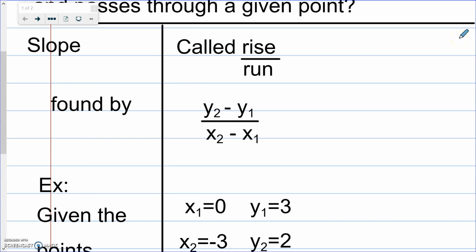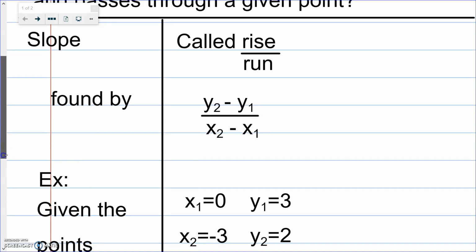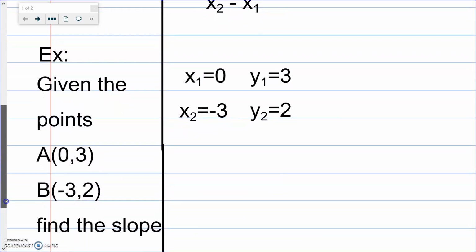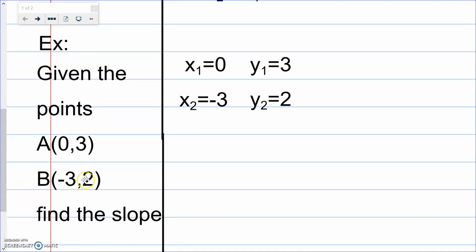So slope, it's called rise over run as well. It's found by y2 minus y1 over x2 minus x1. Now in the previous lesson we learned a little bit about identifying our x1, y1, x2, y2. And so let's look at an example again and we'll apply it. So our example says given points A is 0, 3 and B is negative 3, 2. Find the slope. And so what we're going to do is we're going to start off by labeling this as